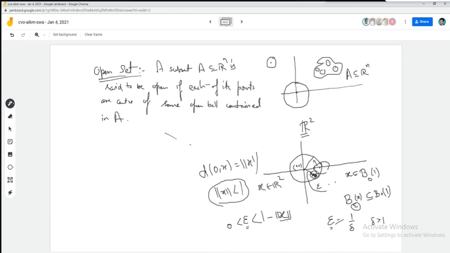and you take the open ball centered at the point x and radius this epsilon, and that open ball must be contained in this larger ball,